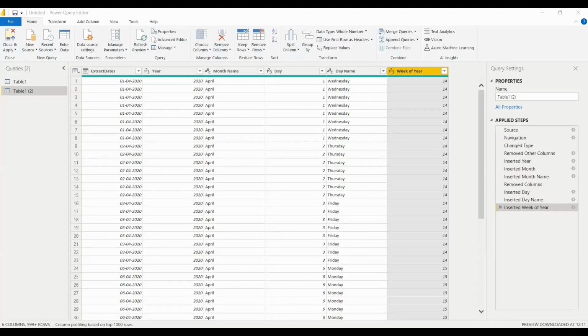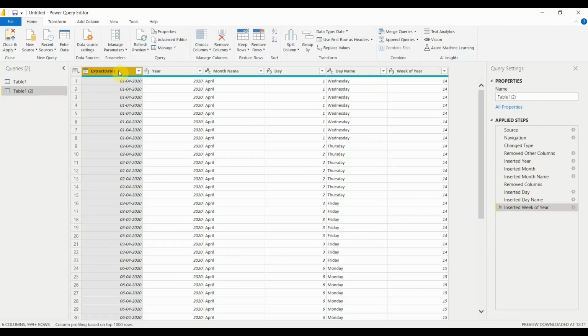Okay, so we are in Power Query Editor in Power BI Desktop. I will be using the same table that I used in my previous video to show you how to work with dates in Power BI. If you have not watched that video, the link is provided in the description, and you can also see the I button and go and watch that video on working with dates in Power BI. So let's see how we can add a column, reorder a column, and delete or remove a column from Power BI Desktop. A very simple procedure to do it.